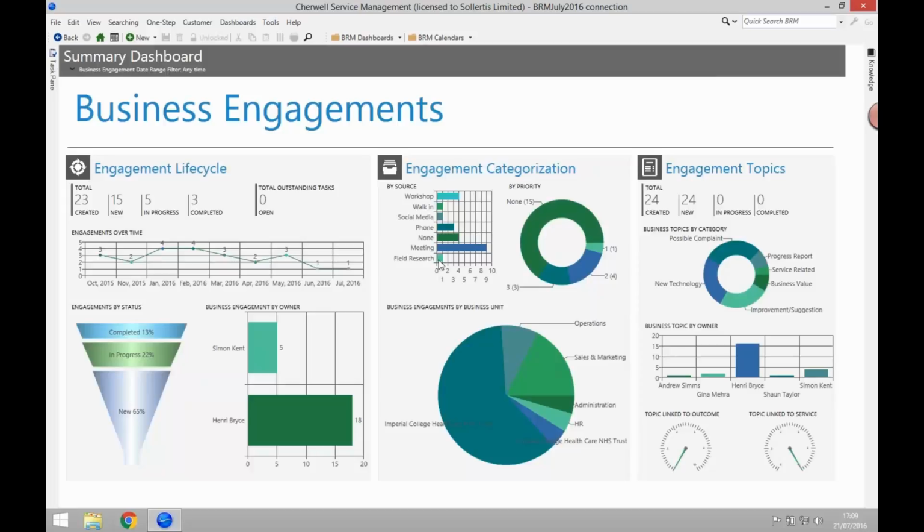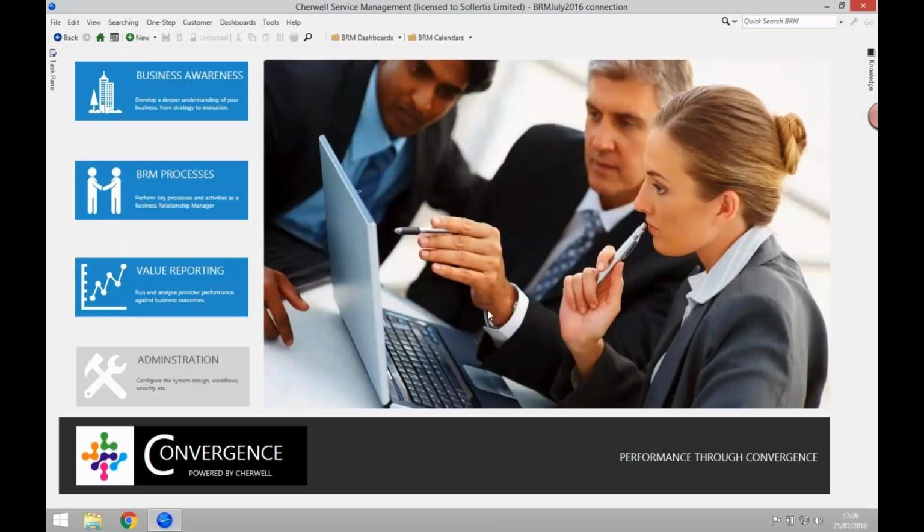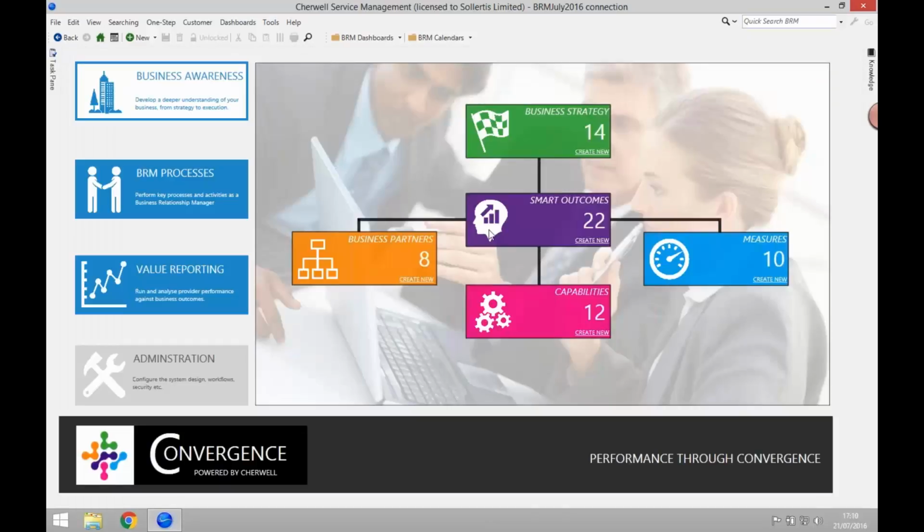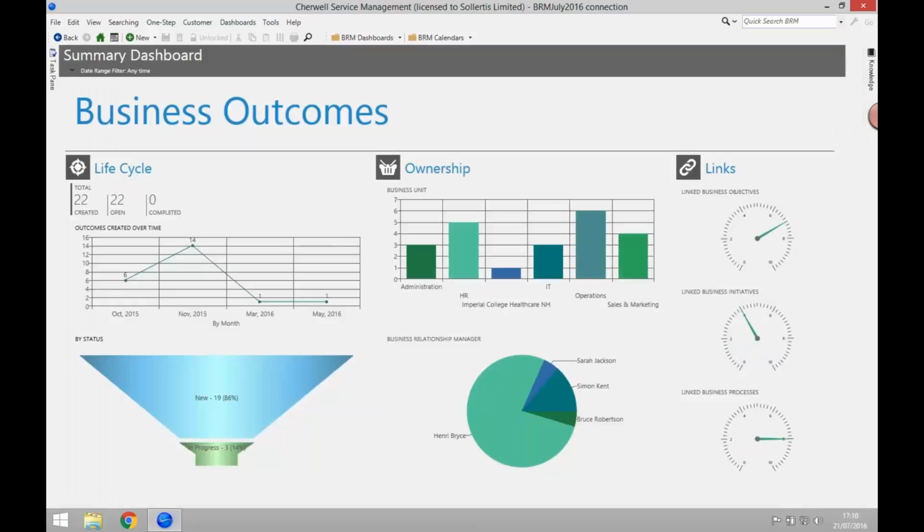And I can get to this very quickly as well. I can be anywhere in the system. So I might be here. I'll just go somewhere else, just sort of randomly pick somewhere else I can be in the system. Let's just go out into business awareness back. And I might be maybe at the smart outcomes dashboard. Okay, so I can be somewhere randomly in the system, and at any time, I can just bring